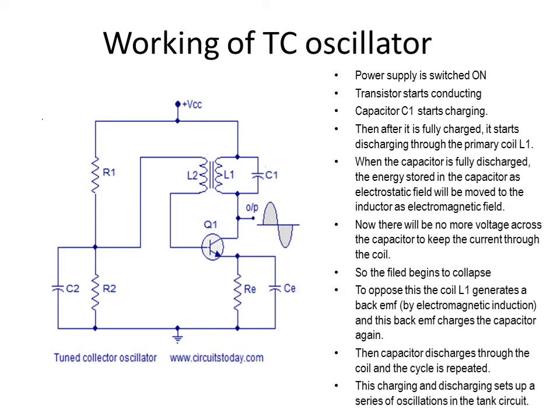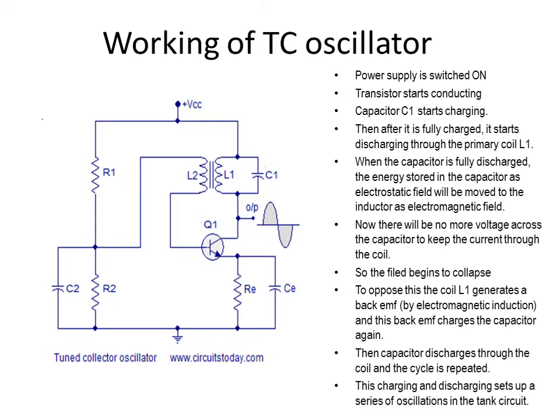So basically, when you explain the working of an oscillator, you first have to identify which is the tank circuit, and then explain how this tank circuit is generating oscillations. If it is LC, and in most cases we are considering the example of LC, it is basically charging and discharging of the capacitor through L, which will generate current flow in the clockwise and counterclockwise directions, which we call the oscillations.